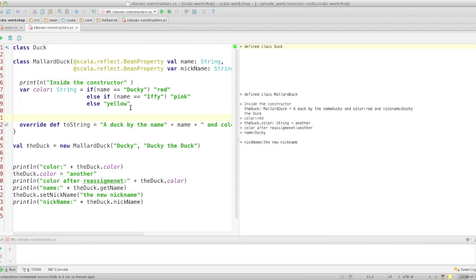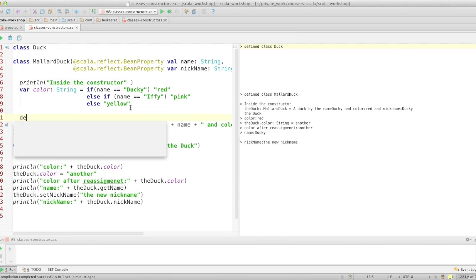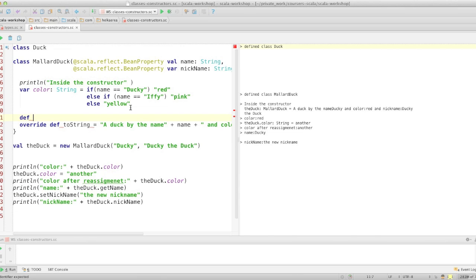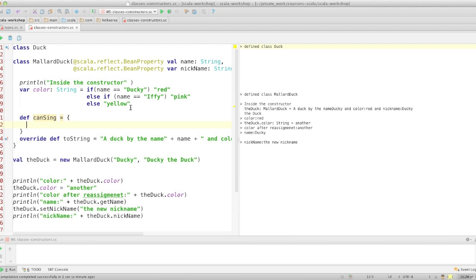And of course, there's a lot of talk about methods and functions, and this is the one thing that I wanted to mention, the difference between methods and functions. So I am defining a canSing method, and this is an instance method, and I'm going to ask myself if name is Ducky. I'm wondering if Ducky can sing, and says